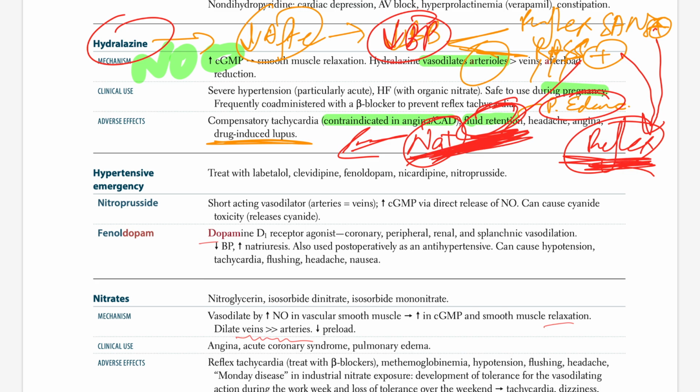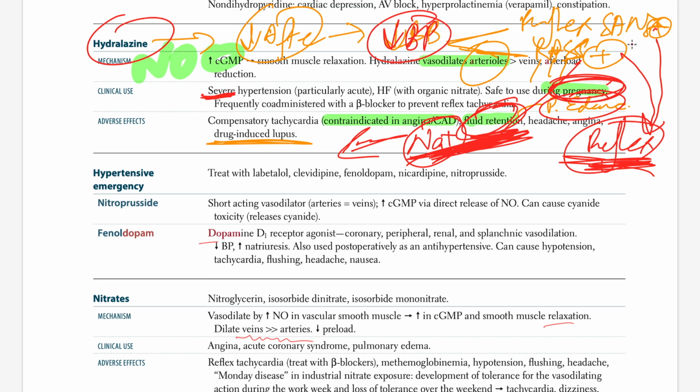So these effects affect much of its BP lowering activity, which will limit its long-term usage. That is why we only use it for a little bit in severe hypertension or in pregnancy,